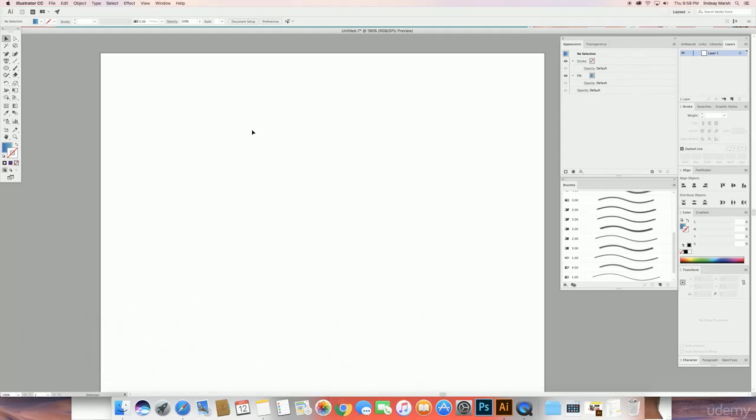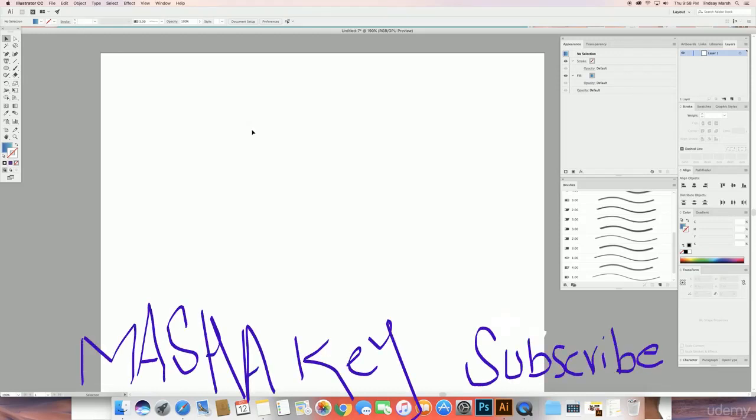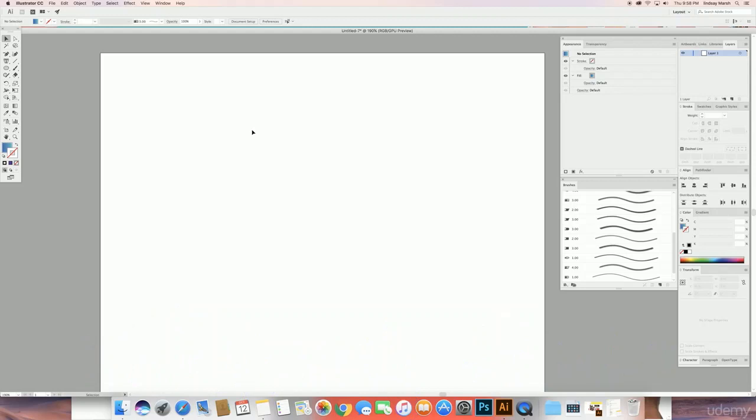Right now I'm in Adobe Illustrator, but everything you learn in this class you can apply to Photoshop and other programs as well, so it all kind of works the same. So I'm going to go ahead and create a few boxes, and we can start off with a few gradient options. So I'm going to select my rectangle tool, and I'm just going to create a couple of long